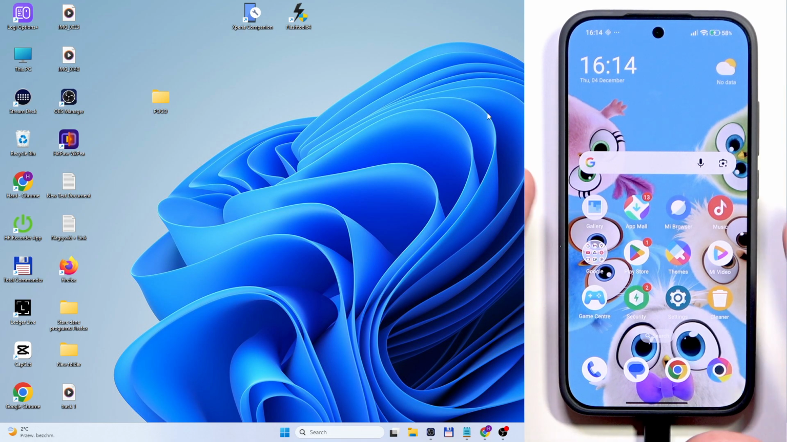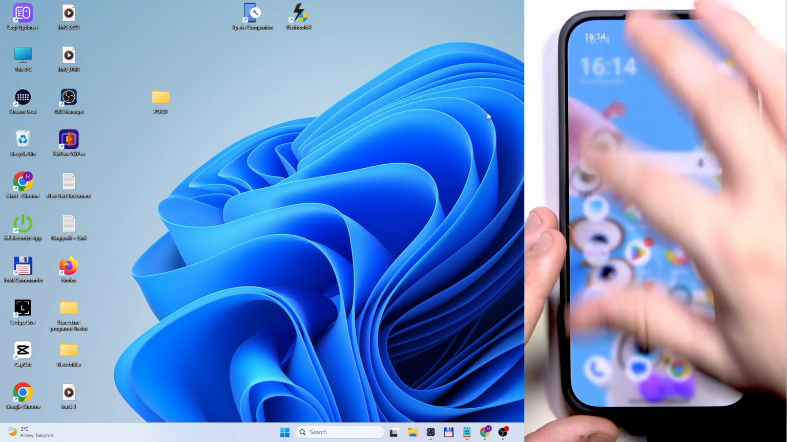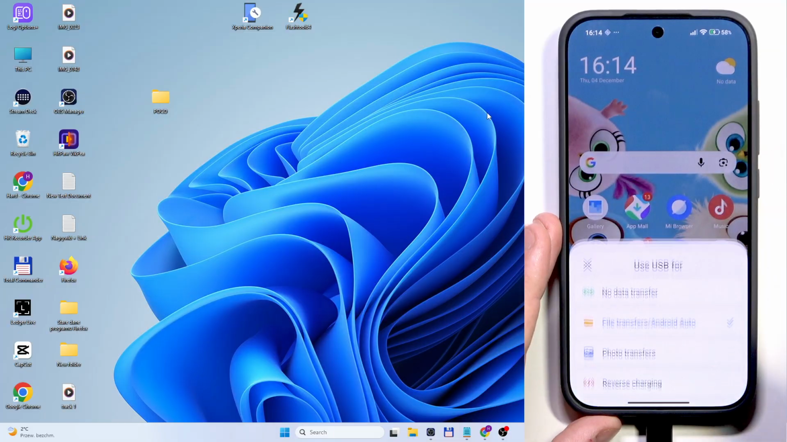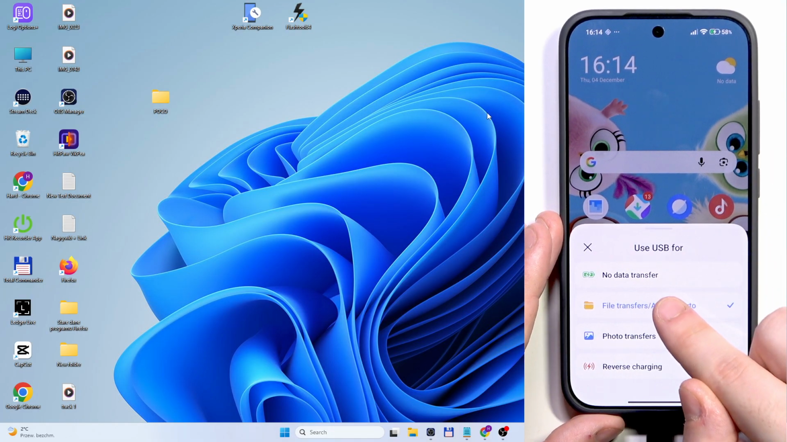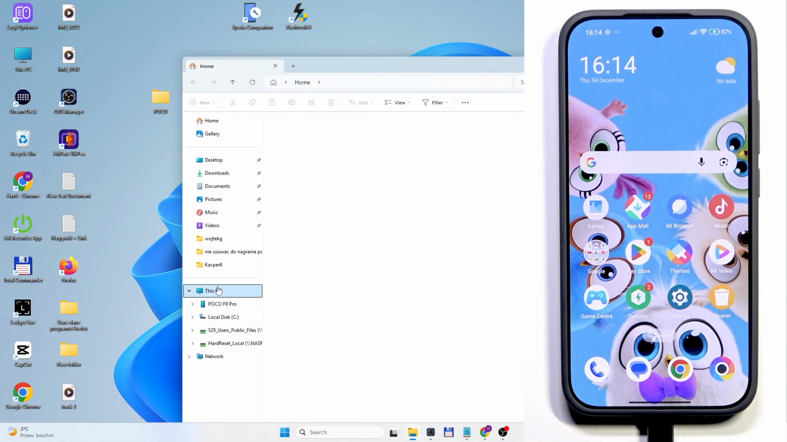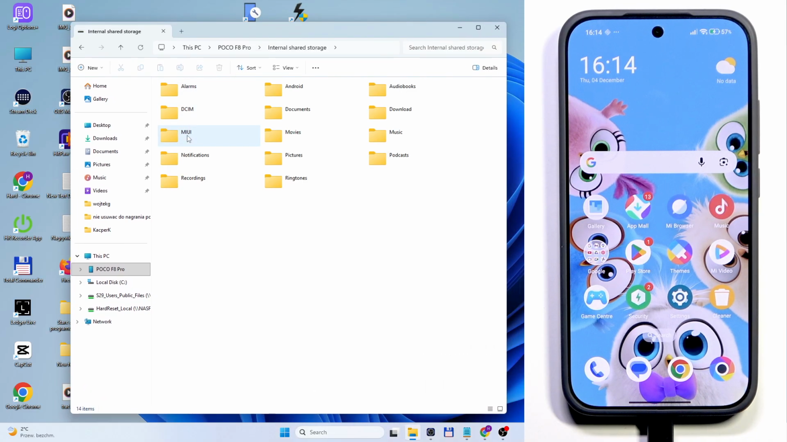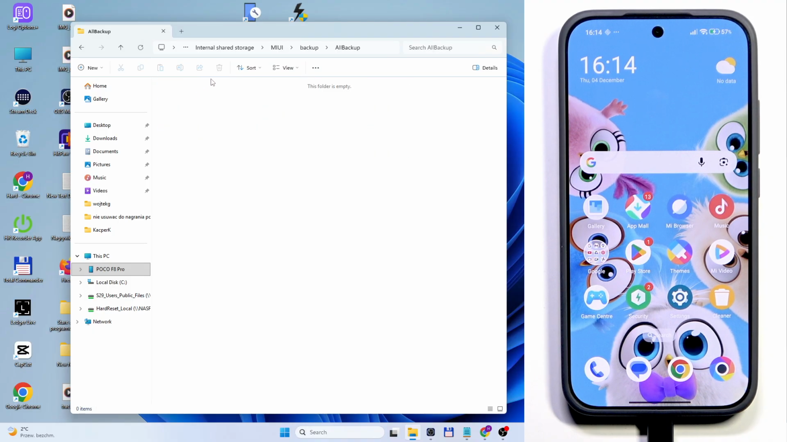Okay, and now restoring from computer. First, connect your phone into your computer, then open up the notification bar and select USB for file transfer / Android Auto. Now on your computer, we need to open up this PC, find your phone, double tap, click on internal shared storage, now MIUI, backup, all backup, and in here